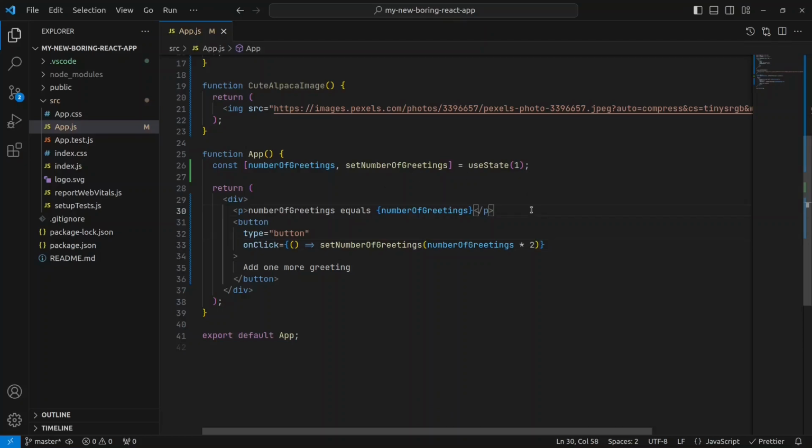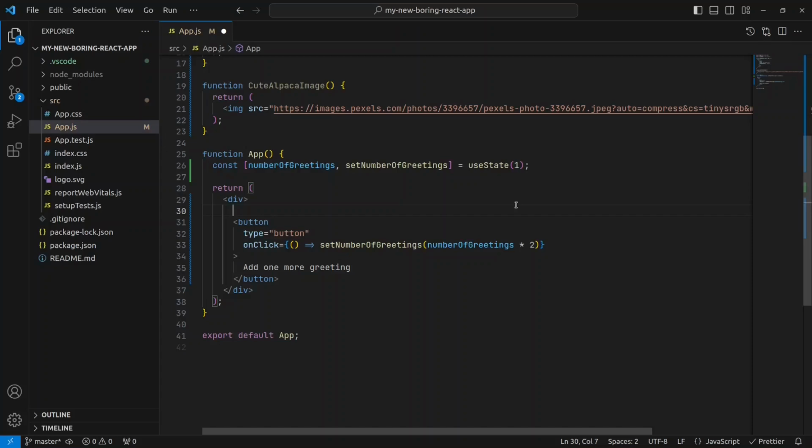And so that's how we keep track of the state. Now, of course, we want this to give us this many greetings every time. So for that, we need to create a loop here. That's basically a way that we tell the React application. You're probably familiar with programming. If you're not, a loop is just when you do a certain thing a certain number of times,